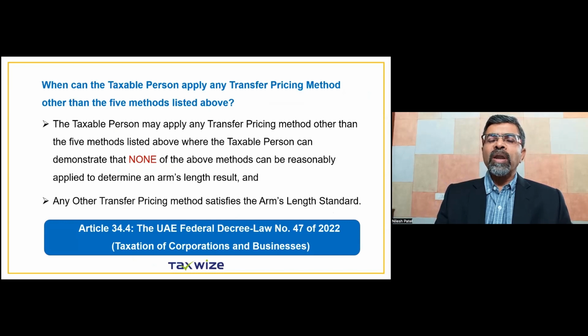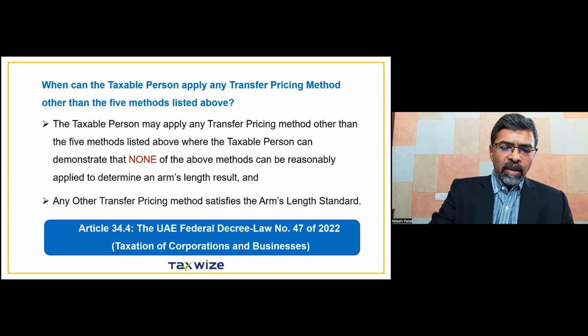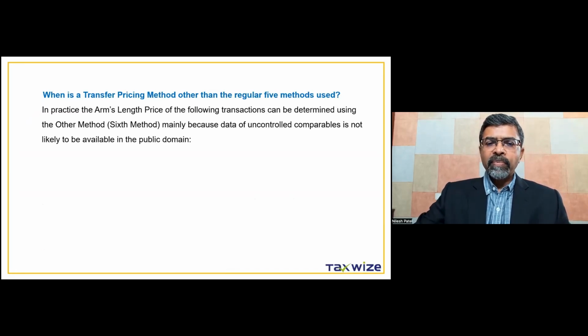The UAE Federal Decree Law says that if none of the foregoing 5 methods can be applied to determine the arm's length price, then the sixth method or the other method can be applied. Article 3.4 of the Federal Decree Law prescribes this other method. The other method can be used in these cases, say unique transactions such as transfer of intangibles,